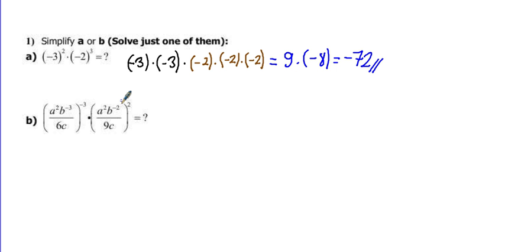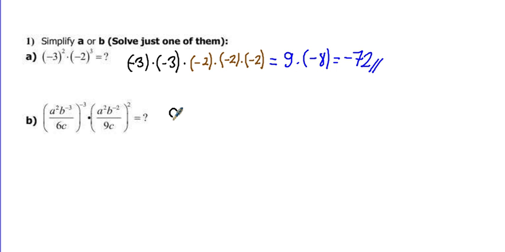That's it. What about B? We have negative 3 power of a squared b to the power of minus 3 over 6c, and in the second parenthesis square of a squared b to the power of minus 2 over 9c. You know, there are many ways to perform this simplification. So I just take power of each term in each parenthesis. So I will have